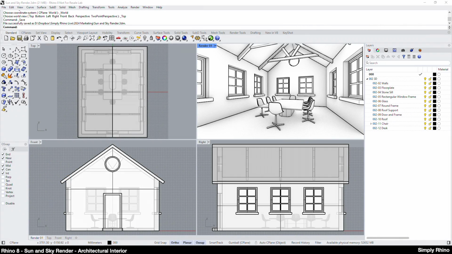Hi, this is Phil at Simply Rhino, and in this short video I'll be looking at setting up an interior render in Rhino 8. I've already set up an interior view and saved this as a named view, but let's start by looking at a method by which we can set up this type of view and how we can